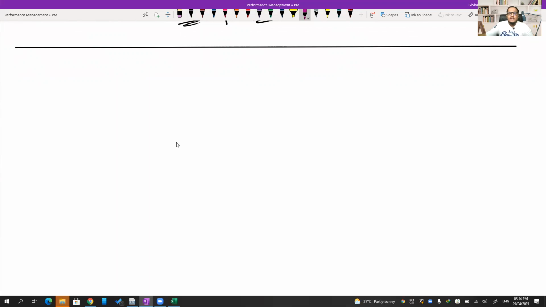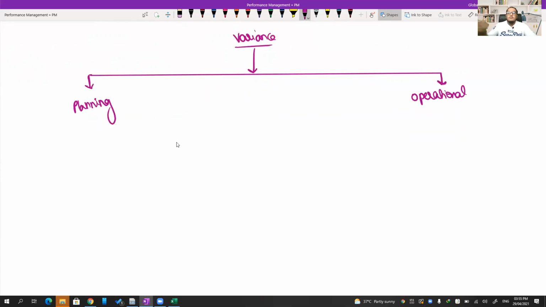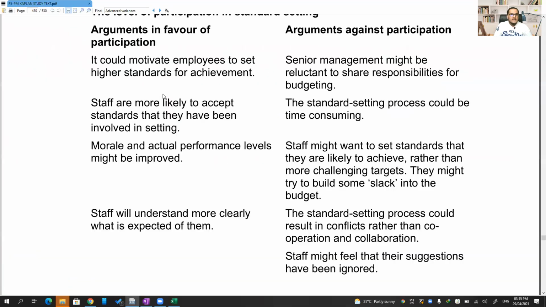Now the next and last part is that all these variances, whether it is material cost variance or material price variance, all types of variances are split into two parts. What are those, sir? One is called planning variance, and the other one is called operational variance. As the name is self-explanatory, planning variance is because of improper planning. Operational variance is because of improper implementation. If I do wrong planning, because of that also I can get adverse variances. Operational also, if I'm not working efficiently, then also I can get variances. So that is your last topic to be discussed.